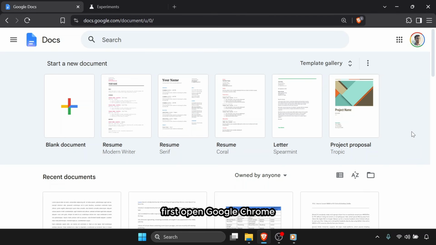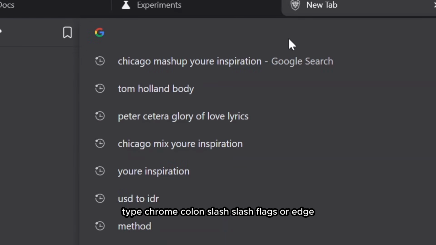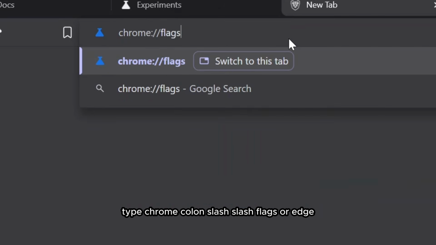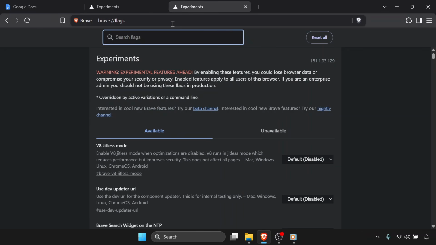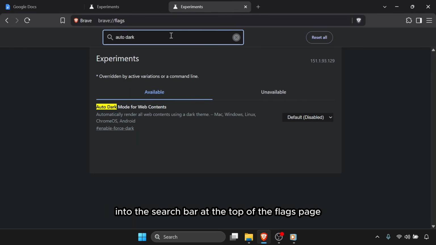First, open Google Chrome or Microsoft Edge on your desktop computer. Click on the browser address bar at the very top, type chrome://flags or edge://flags and press enter. Type Auto Dark Mode for web contents into the search bar at the top of the